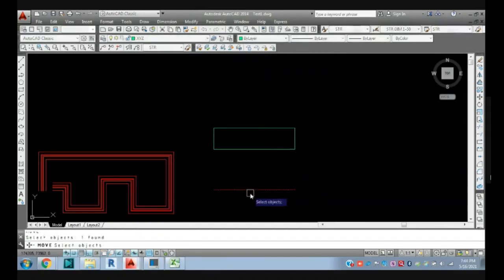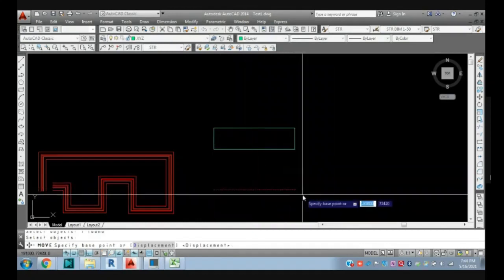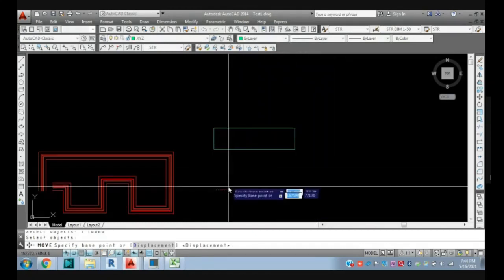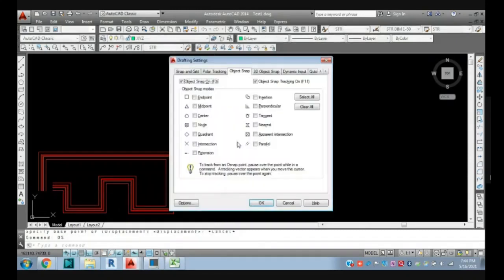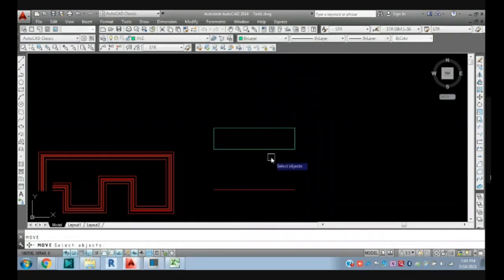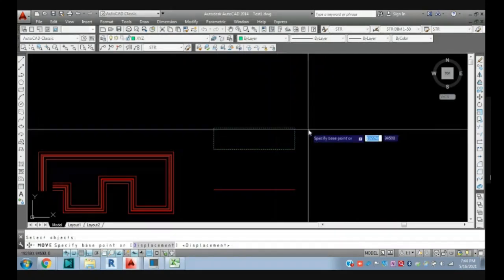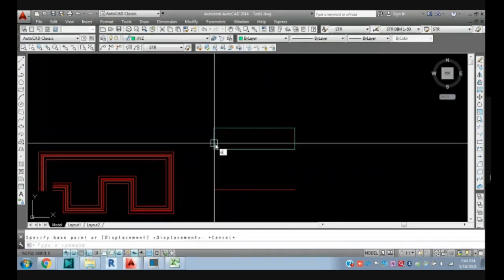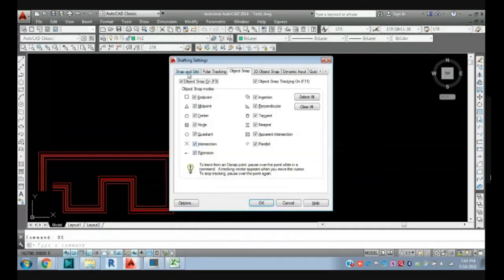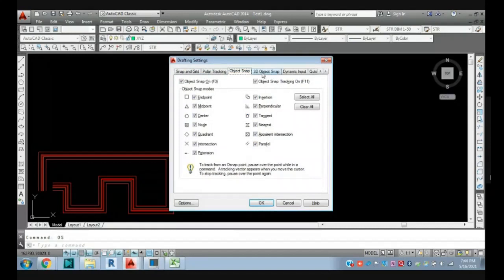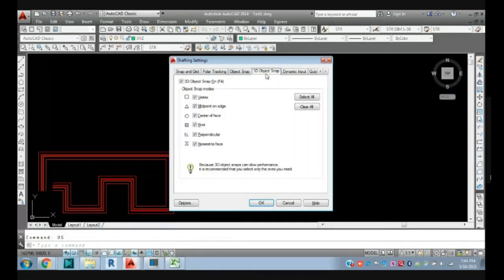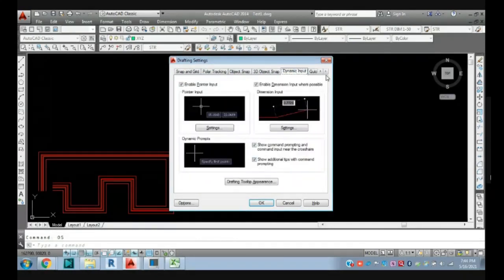and if I give the move command, you can see the point is not taken here. This is called object snapping. So you can control it from here. Okay, select all, and if you move some elements, you can get the object snapping. Then here we have snap, polar, object snap, and dynamic block.